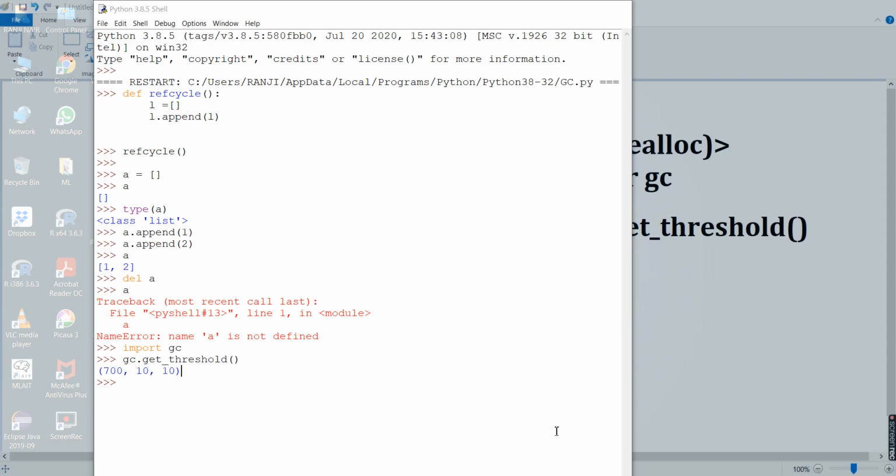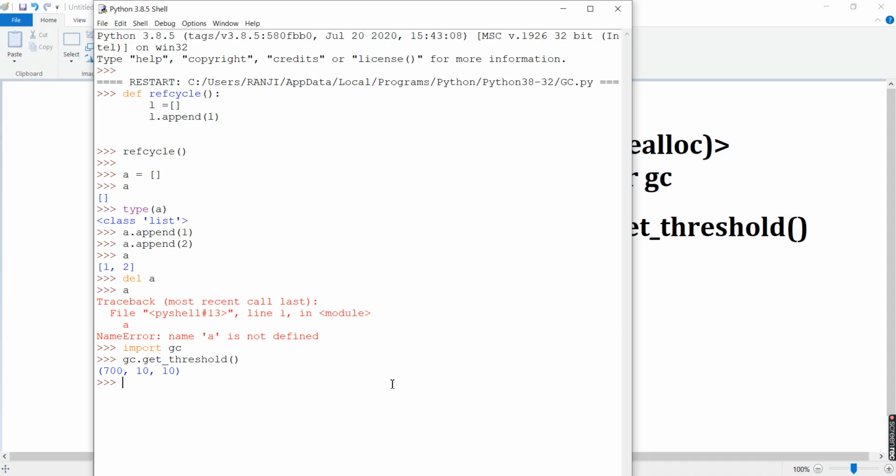Now if we just type gc dot collect in the interpreter, it returns 0, because just by typing the method itself, it's not clear what is happening inside. So better we write a program for this.